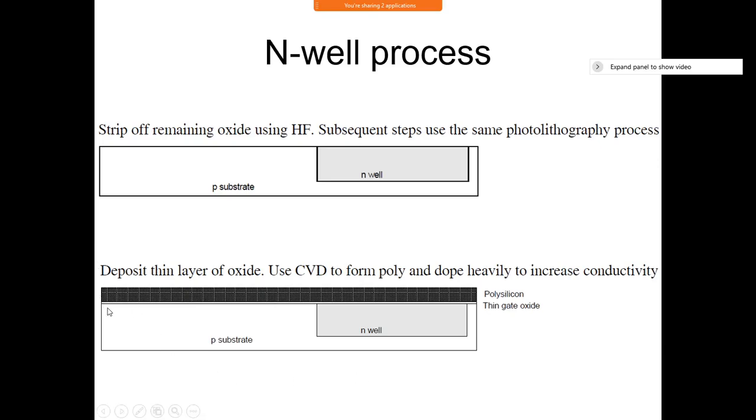On top of that, can you see there is a polysilicon layer put over the entire surface? What is the role of this polysilicon? The red strip you used to draw in your layout, or you never used it? The red strip in your Microwind. Green is for N diffusion, blue is for metal, brown is for P diffusion.